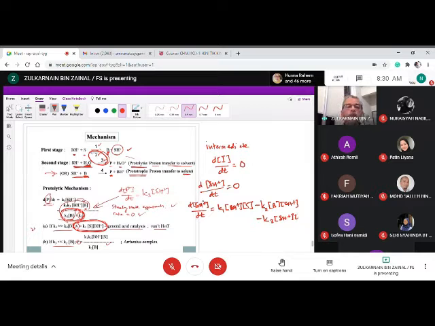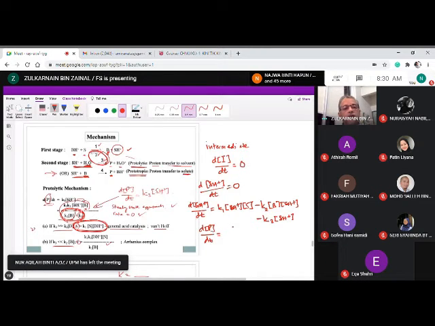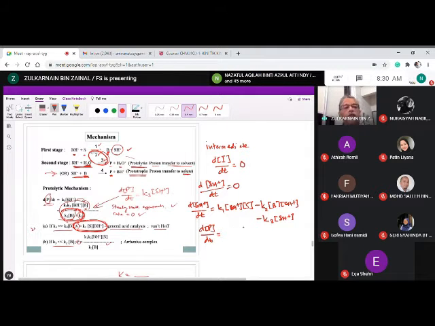K3 SH plus, and we don't normally put water because the water is considered as concentration 1, so only K3 SH plus. And then from there, since the reaction is dP/dt, the rate of reaction, you can see the rate of reaction is the reaction which involves the product. So that will be K3 SH plus,